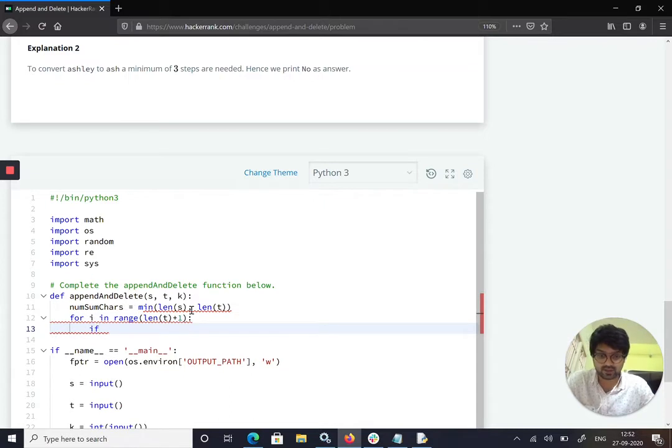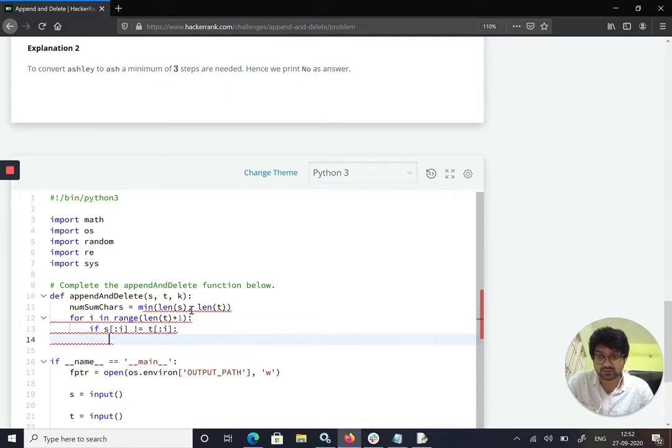If the slice s up to i, this is the concatenation we are trying to do, doesn't match the corresponding slice of t, then we will change our common characters value to i minus 1.